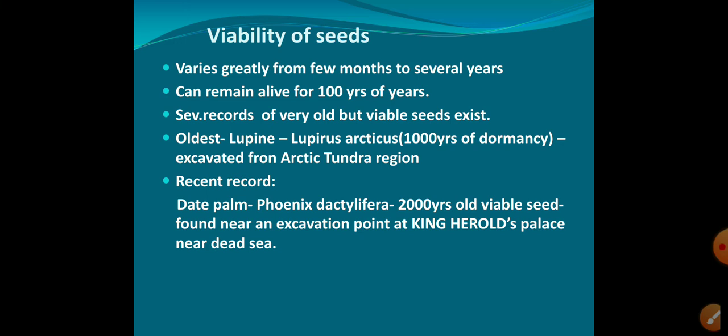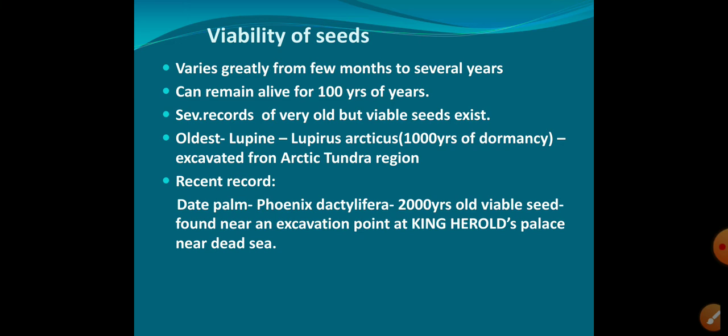That stays, I am sorry, that is not 1000, it is 10,000 years. So it has 10,000 years of dormancy period, and it has been excavated from the Arctic tundra region. That has the oldest record of germinating even after 10,000 years of